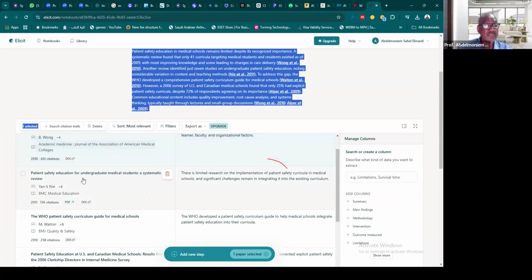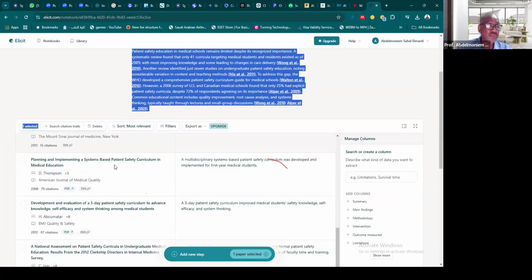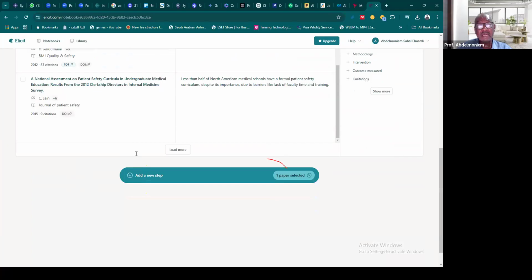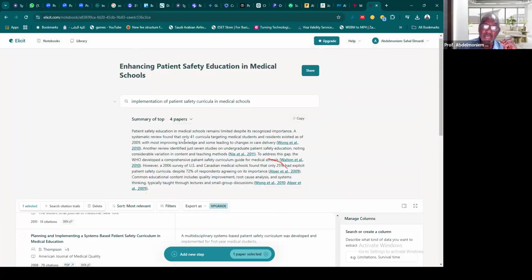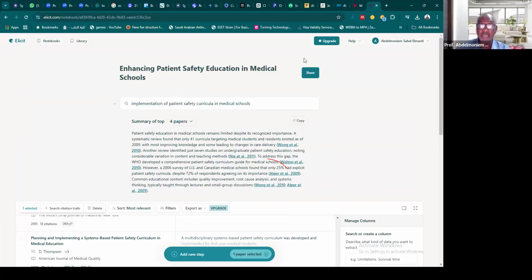And this is the second one, patient safety education for undergraduate medical students, a systematic review, and so on. It extracted the data and produced a summary for me. So it not only identified the publications, it extracted the data from them and helped me produce a literature review with references and everything.